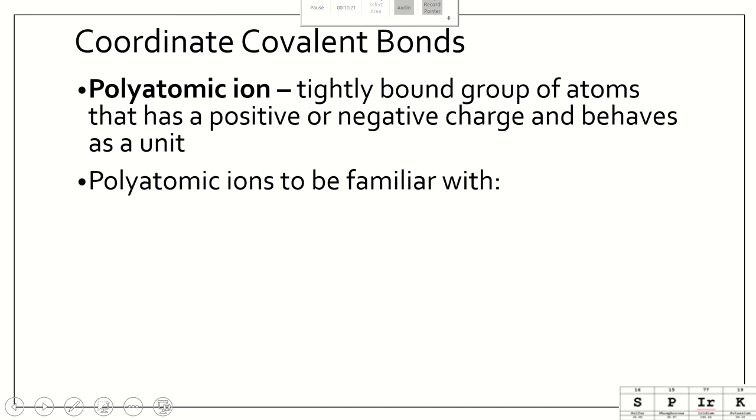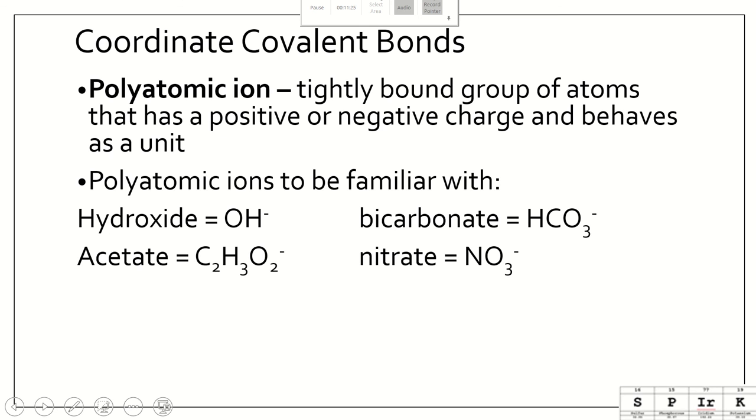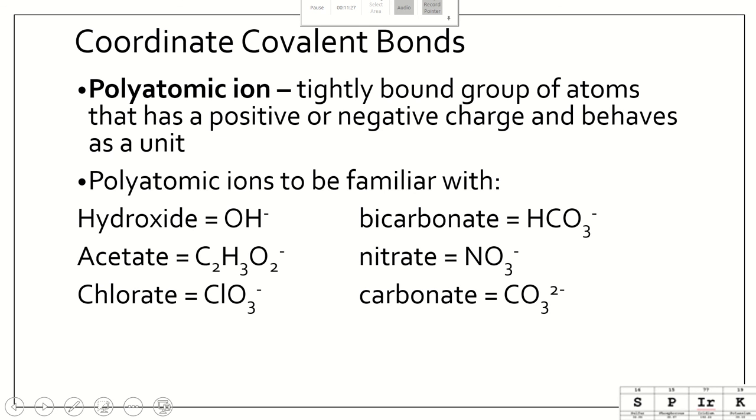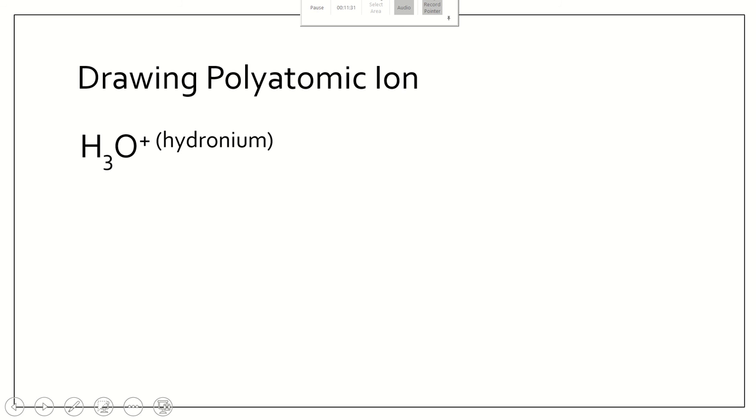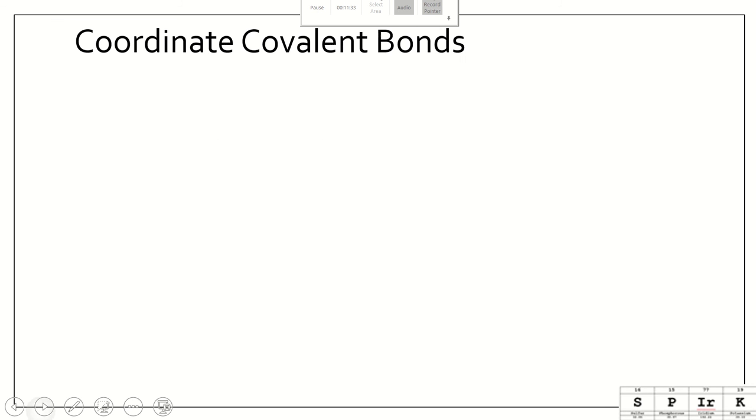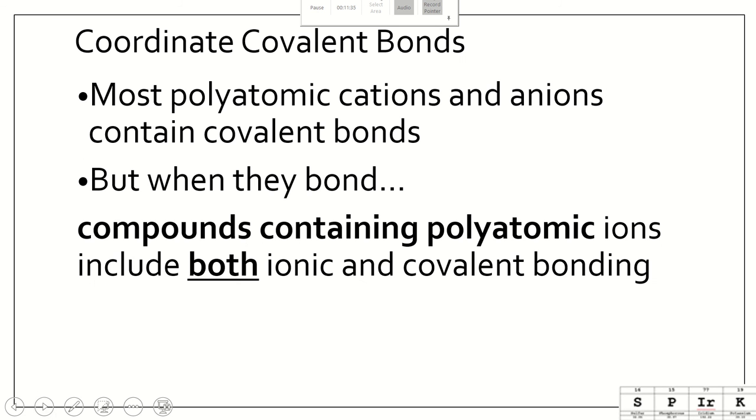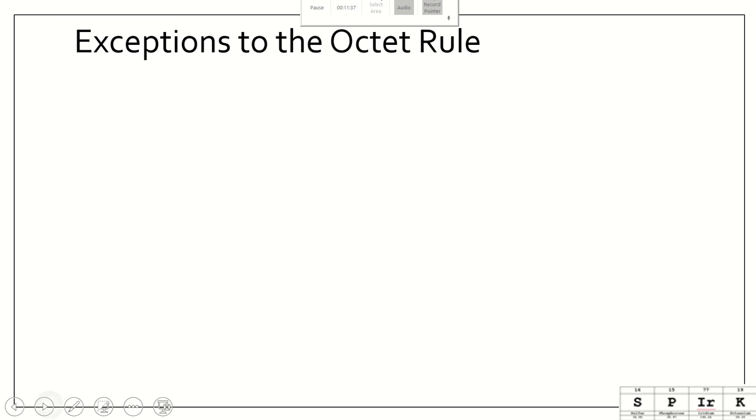All right. We've talked about polyatomic ions. Remember, that means many atom ion. These are the ones that we've talked a lot about. I've given you a list on your summer work of the ones I need you to know at the start of the year. I'm going to skip over these because they're very similar to what we just did. Last things I want to talk to you about